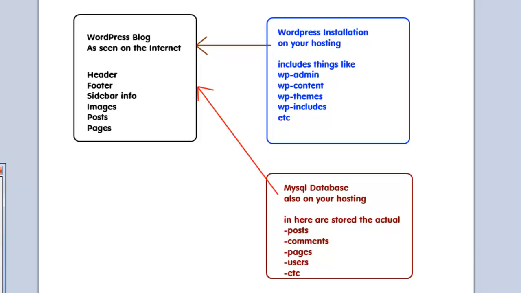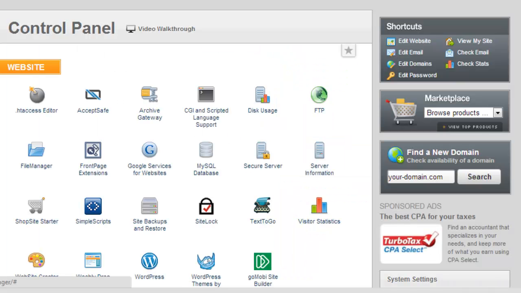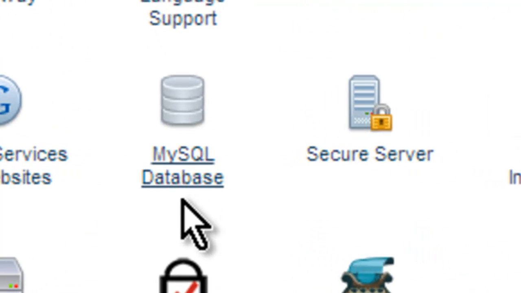So let's look at how we go about actually backing up this MySQL database. What you need to do first is go into the cPanel or control panel at your host level. So log into your hosting site and go to your cPanel. And within cPanel, look around until you find an icon that says MySQL database. Now I know some people pronounce this differently, but I'm going to call it MySQL database. So click on that,